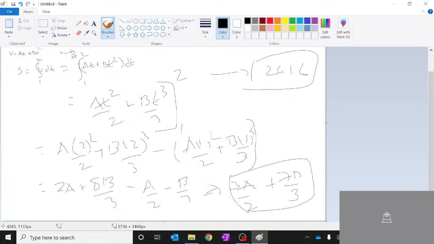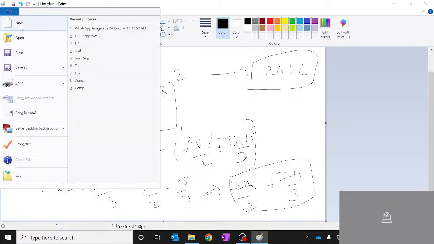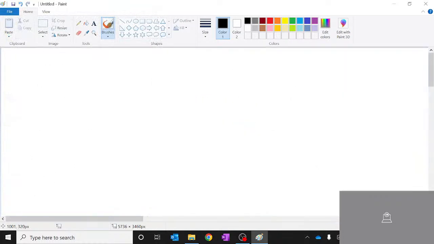Now, in a similar line, let's say we have another question wherein there are two cars P and Q. Two cars P and Q start from a point at the same time, in a straight line, and their positions with respect to time are given as xp equals at plus bt square,